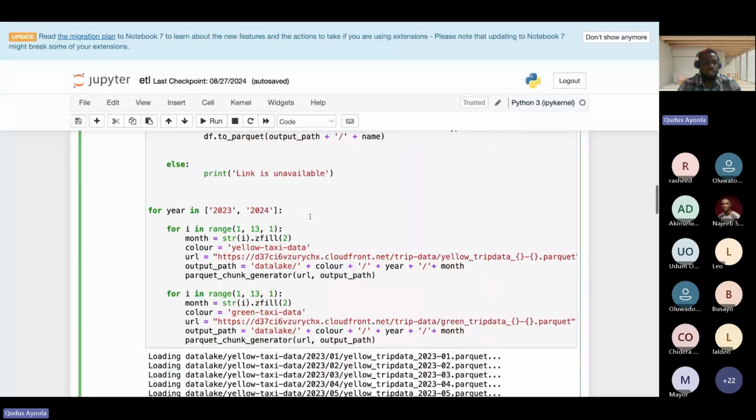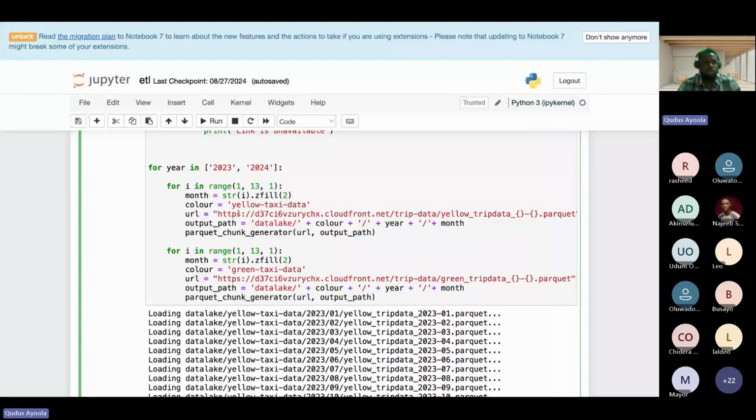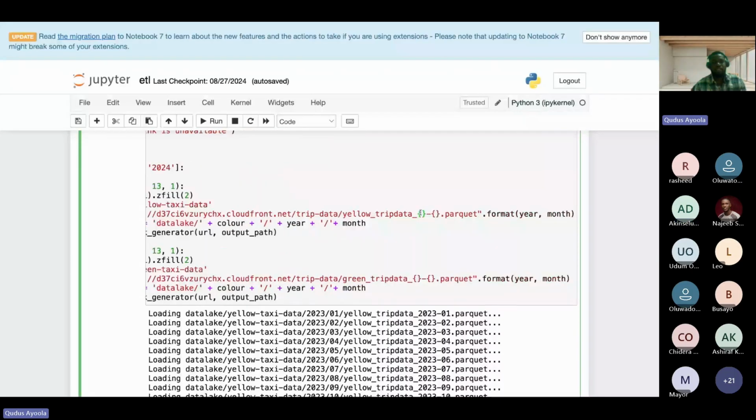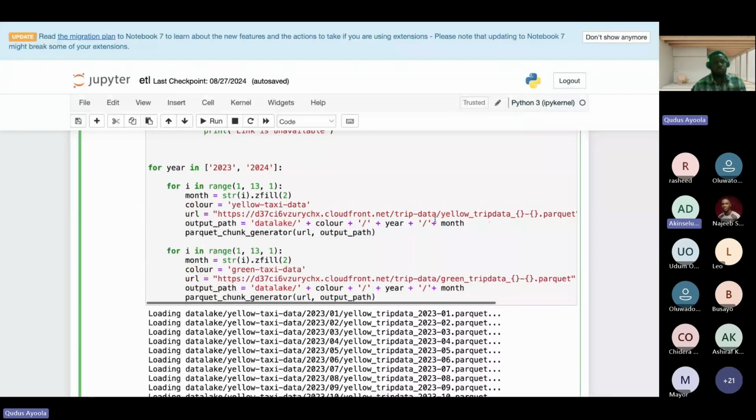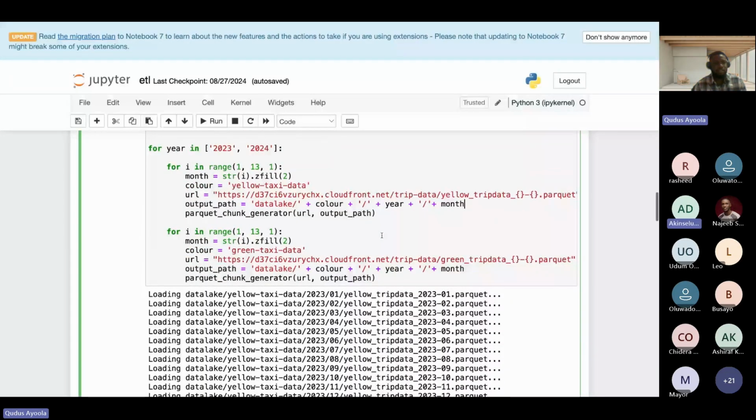So what I can then do is, for those different parameters, I want to pull data for this year. In a situation where I want to bring in data incrementally, I won't be loading for just this year. I'll just be loading the last 3 days or last 4 days of data or the last 1 month of data. In this case, I just want to load these 2 years. Then for this range, because we have 12 months in each year, for each month, pass through each year using this URL. Inside this URL, I'm passing in my year and months here, so it's going to each URL in order to return my data.